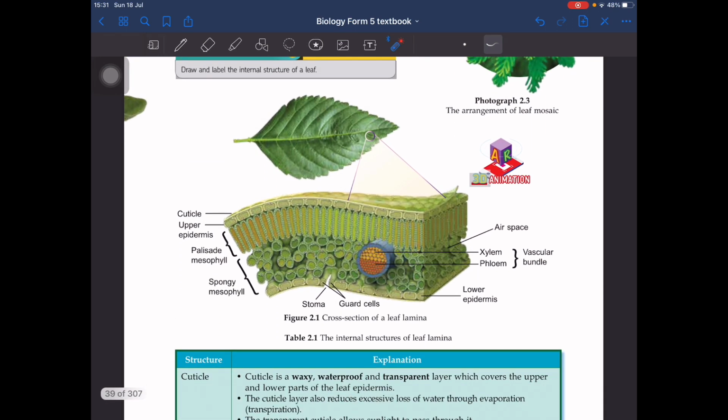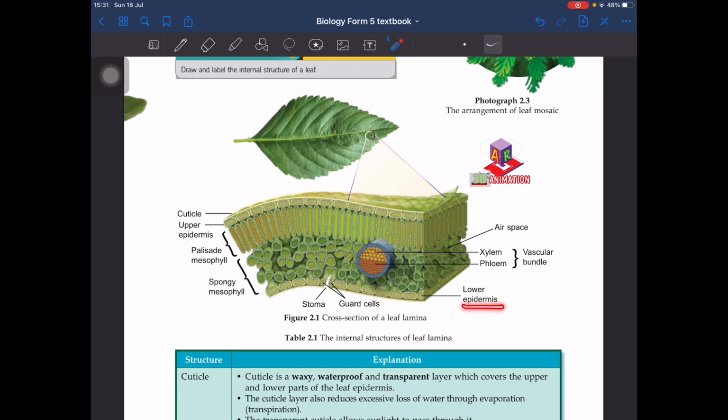Okay, so over here we have a nice visual of an internal structure of the plants. You can see the cuticle, you can see the upper epidermis, you can see the layers of mesophyll, the air spaces in between as well. You have your vascular bundle over here, and then the lower epidermis and the guard cells and the stoma that is embedded in the lower epidermis. Okay, so very important thing to remember,